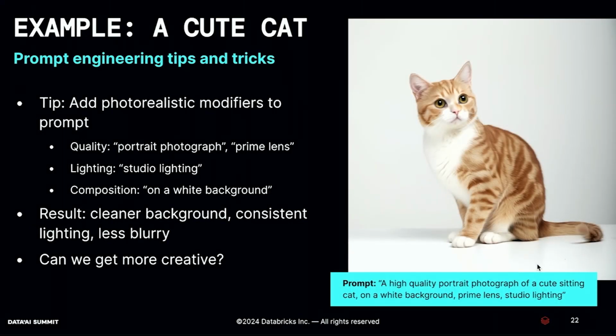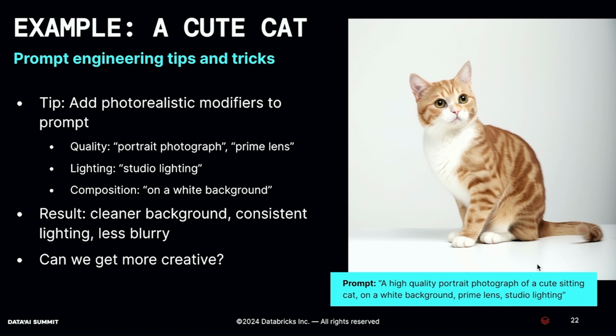So the tip here is to add photorealistic modifiers to your prompt. So in this example here, these modifiers are words like portrait photograph, prime lens. To describe lighting, you want to use stuff like studio lighting. And for the composition, I've added more details. I want this cat image to be on a white background. And as you can see, the result is a lot more clear. The lighting is consistent. The background is indeed white here, and it does look like it was a photo taken